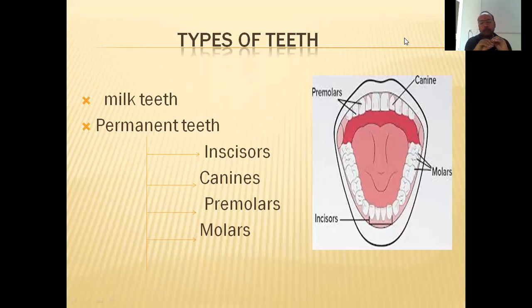Then these milk teeth fall off one by one, and a new set of 32 permanent teeth is formed by the age of 12 years. These 32 are called permanent teeth and last for the rest of life. Now these 32 teeth of an adult can be classified into four categories, as you can see on the screen. These are incisors, canines, premolars and molars. So that is the location for them. I would like to explain them one by one.